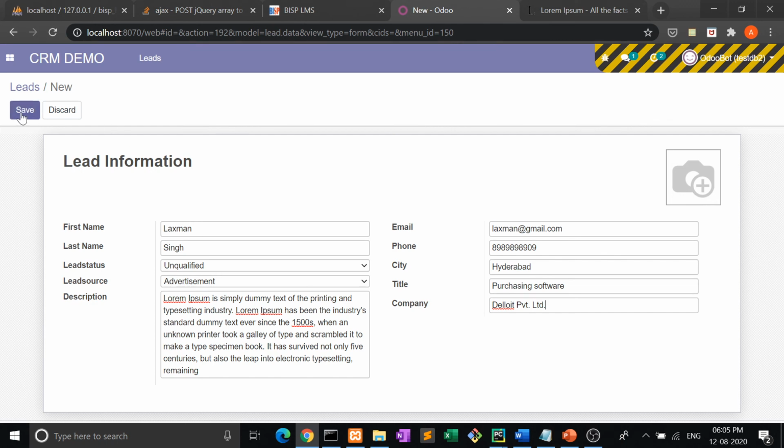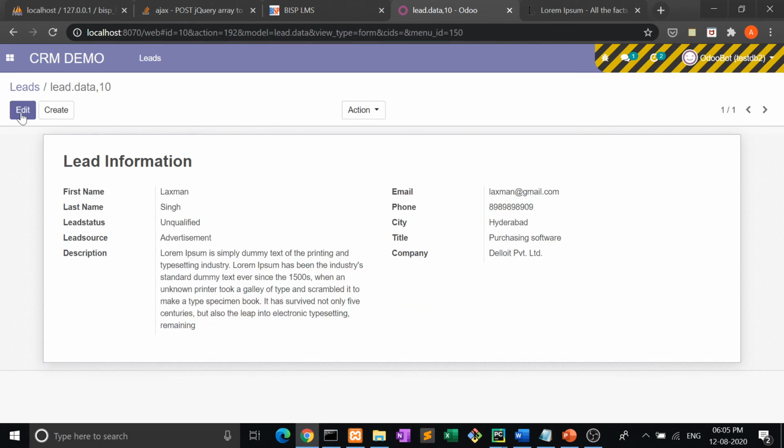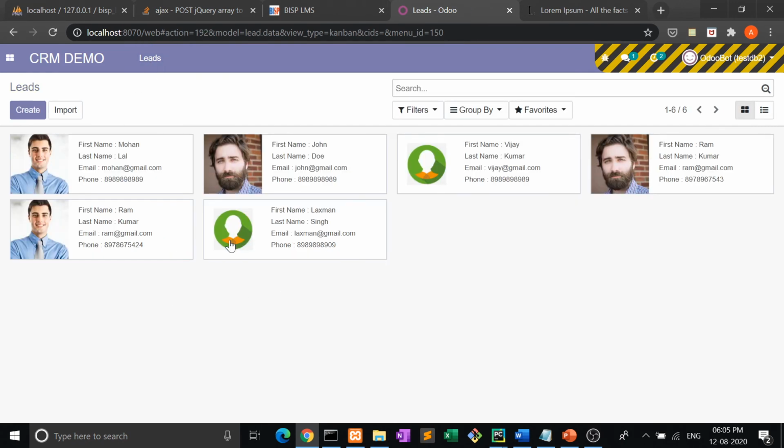Now I am not uploading any image here. Let's see, look at this. If the image is not there, it will load the default image.